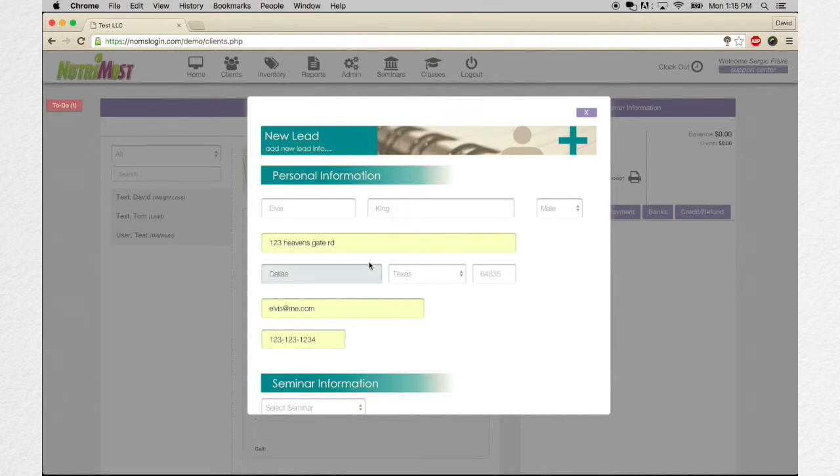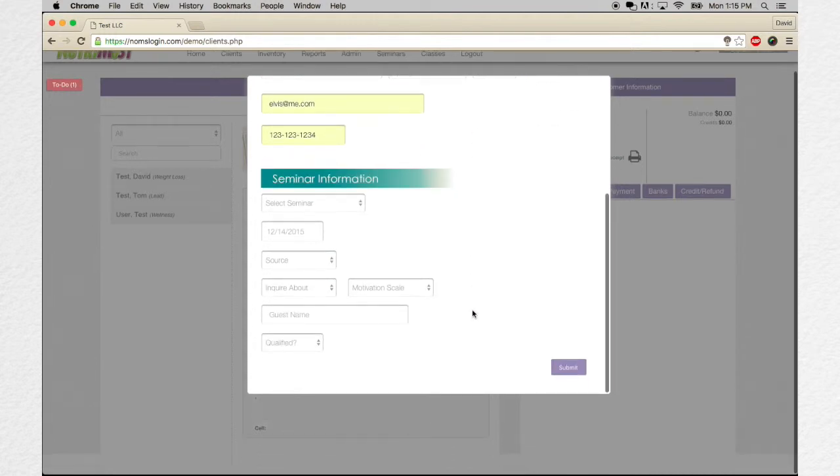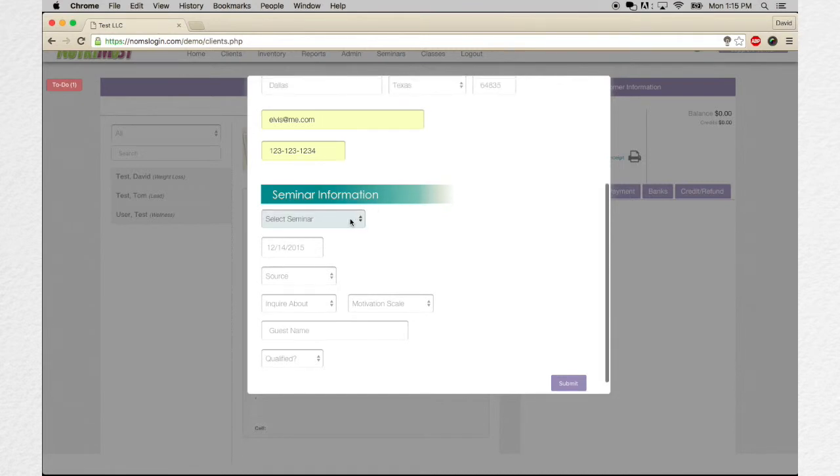So now we've entered all the personal information. Now we are ready to schedule them for a seminar. That way they can hear about your program and hopefully get interested and register. So here from the seminar, select the seminar. You will get a list of all the seminars that we have set up already. In this case, we've only set one up so far, the weight loss seminar, so we'll go ahead and sign them up to that. The day the contact was made,